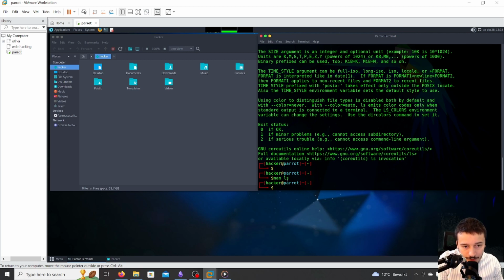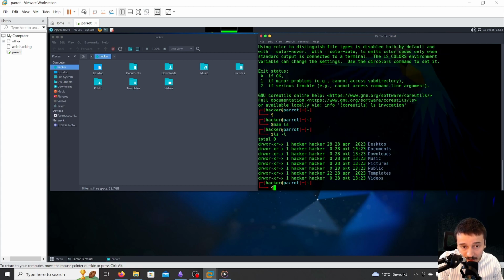Now, one of the more useful options for ls for ethical hacking is the -la, which we will be using a lot. I will explain what the l option does. So when we press ls -l, we can see we get a different format for the directories. The most useful information we get from here is the first character, which is d, which stands for is it a file or directory? And we can see that this is a directory, the Desktop directory,